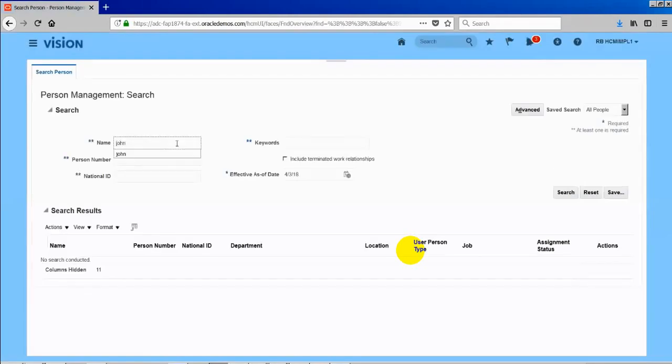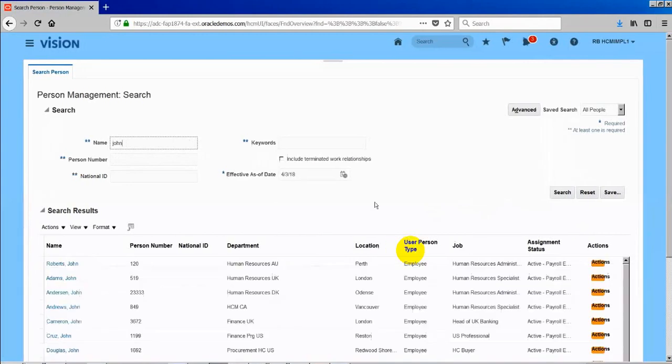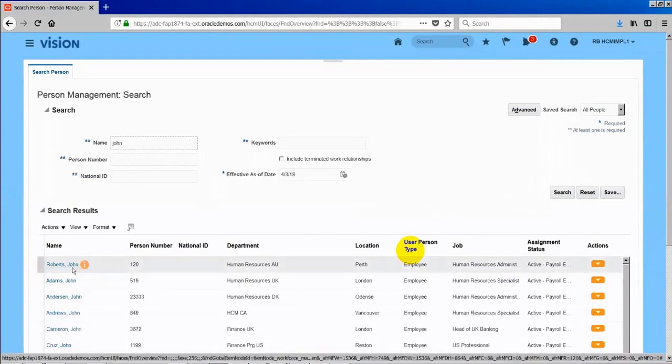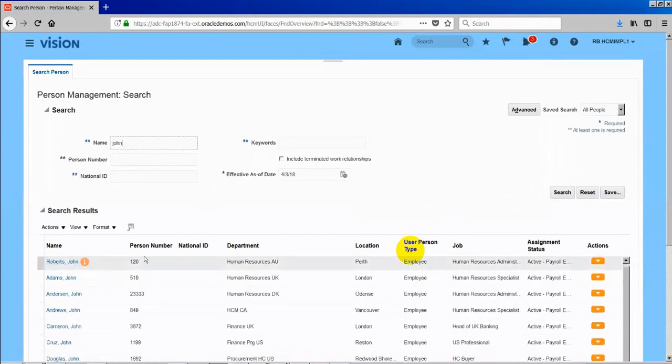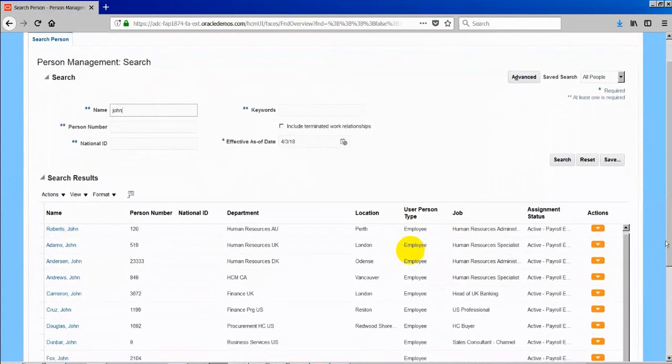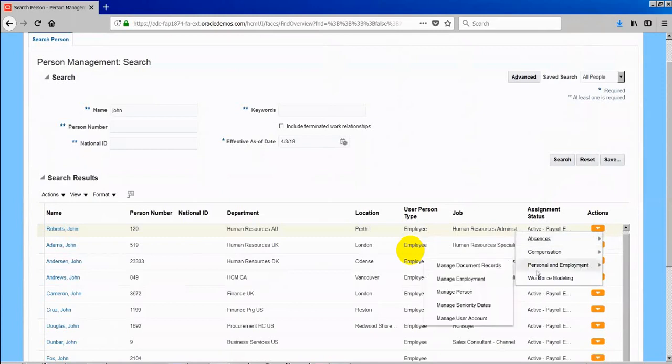Let us say some person as John. Search for that employee. For example, Roberts John is there. He is the person. Just remember the navigation, but anyway I'm going to give the steps. Search for this person and go to the actions. In the actions, under person and employment, we have something called manage user account.